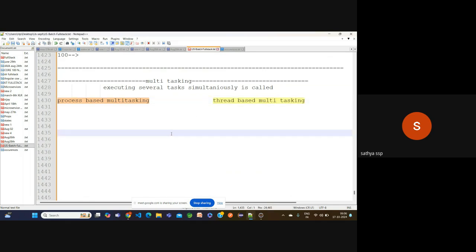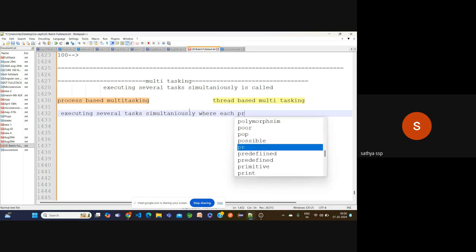Now, what does it mean by process based? Here also we are executing several tasks simultaneously, where each task is a separate independent process.